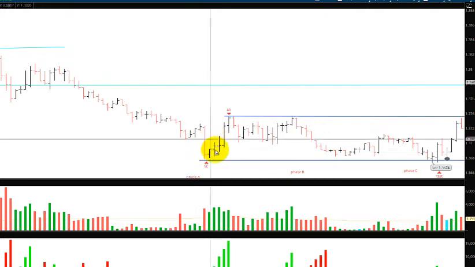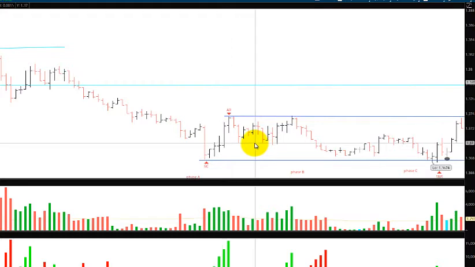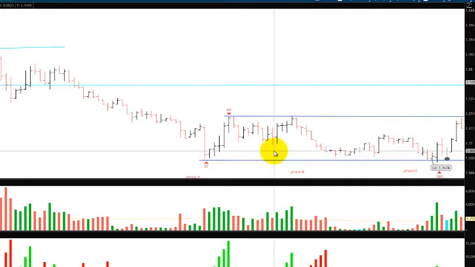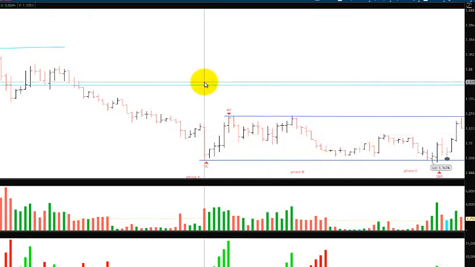So sometimes when I see an area of consolidation, when I first started trading, I would trade off of candlestick patterns inside of consolidation, and it wasn't going anywhere. Price ultimately really wouldn't go very far. I would get a lot of signals that would fail, like I would get a bullish engulfing candle and I would buy, and then it would roll over and come back down and test support, and I would get stopped out, and then I would do that in the exact opposite direction with the bearish engulfing candle. And the whole thing would just continue to repeat over and over again. And that's where traders tend to get into a lot of trouble, inside of consolidation.